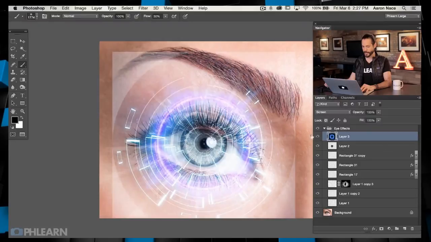There you can see we've got a lot of effects. I need to go around the edge because it's just too